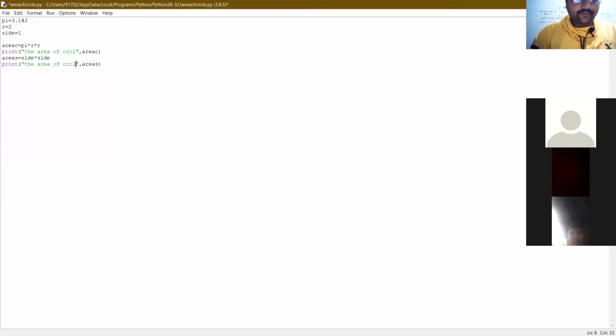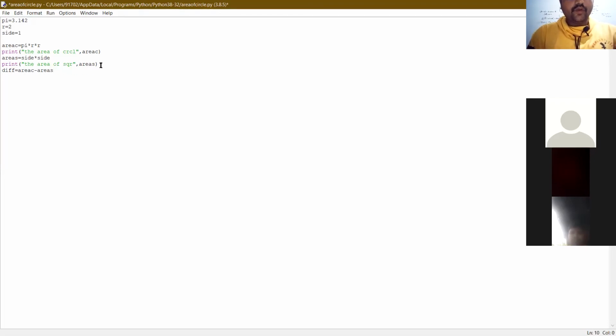Next, area of square. Now what I need to calculate is the difference. Difference is equal to area of circle minus area of square.